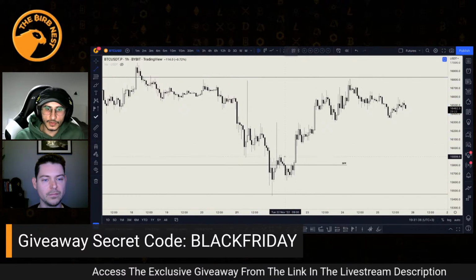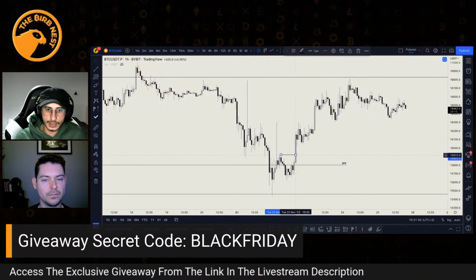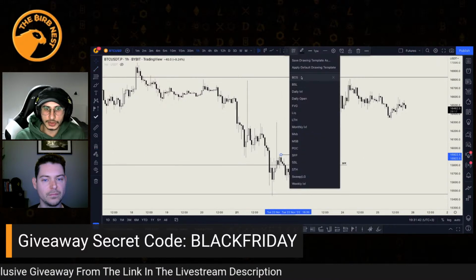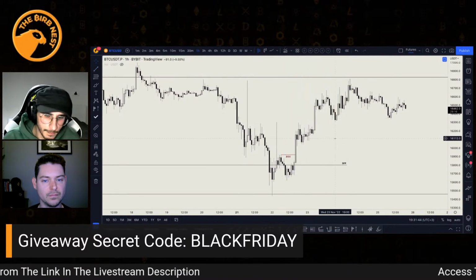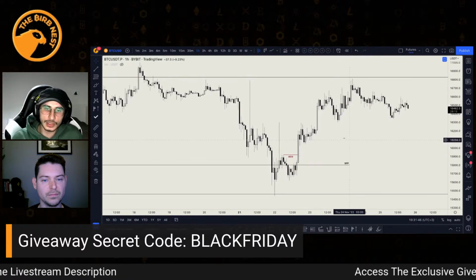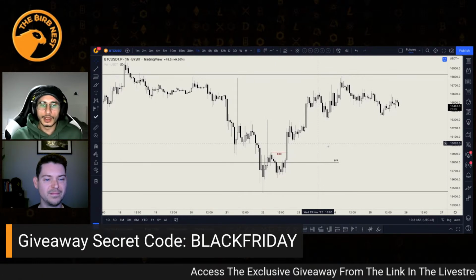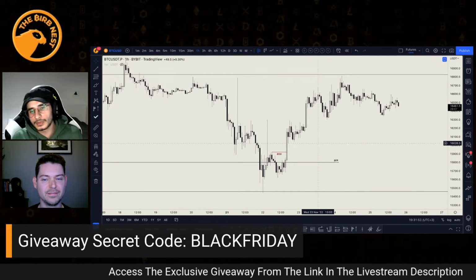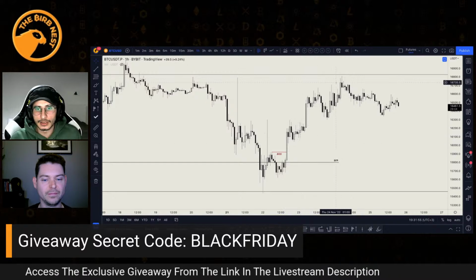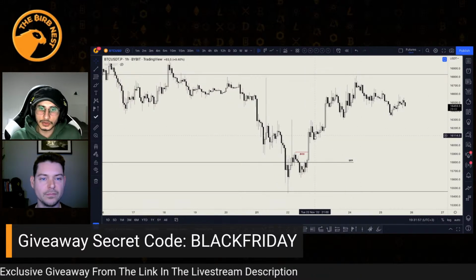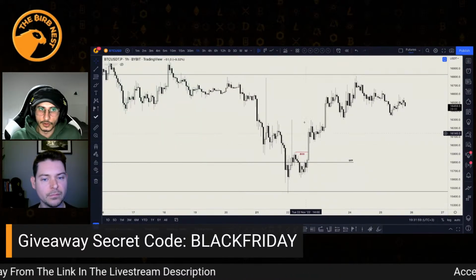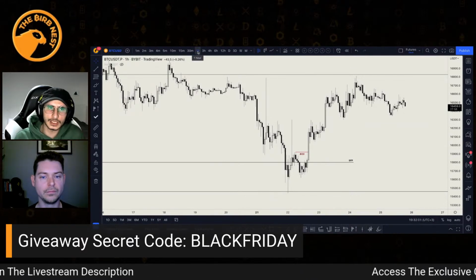But when I see the break of a structure, I want to get triggers to enter into a long, right? The same goes for the short as well. I'm sure we're gonna bring you more examples. But the thing is, right here, we didn't really get any triggers for a swing trade, because